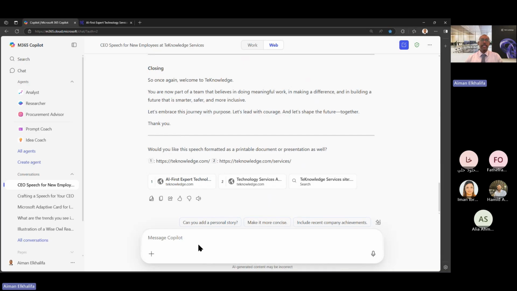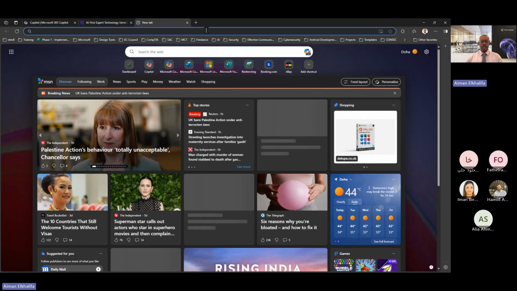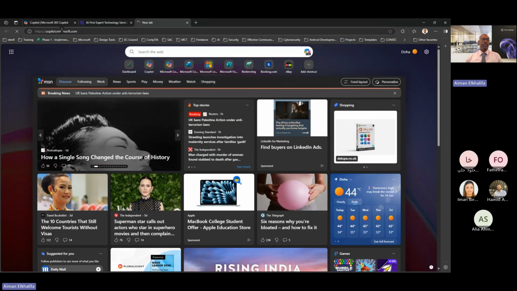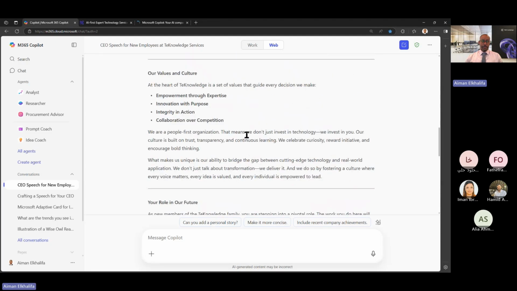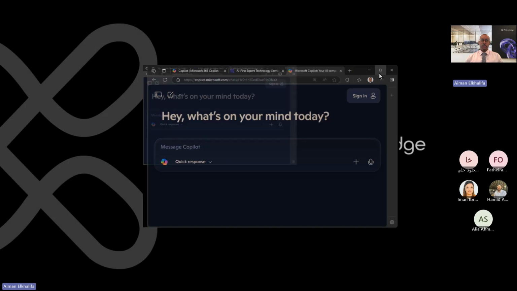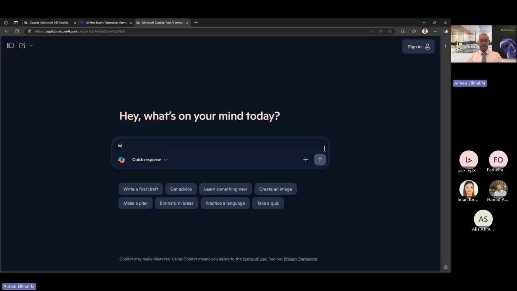Now, your turn. If you have the license, go to this interface, craft the prompt, share with me the prompt here on the chat window. If you don't have the license, go to copilot.microsoft.com and do the same here, but tweak your prompt a little bit. Let me show you what you will do. You will say,